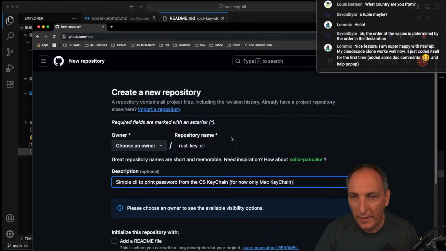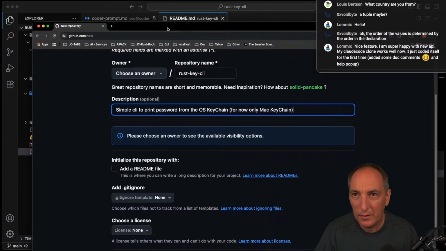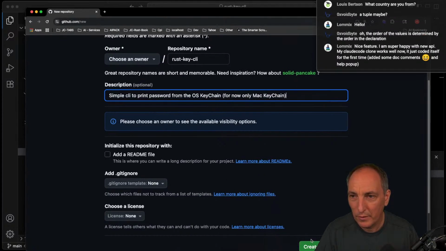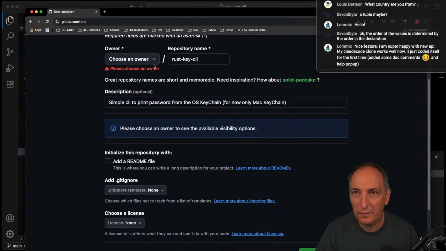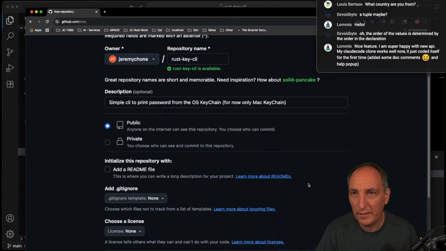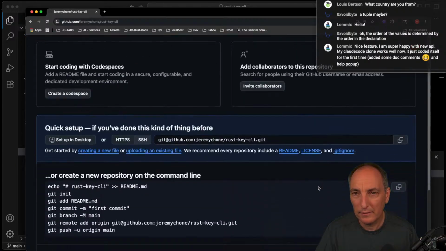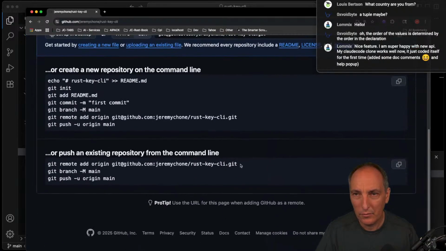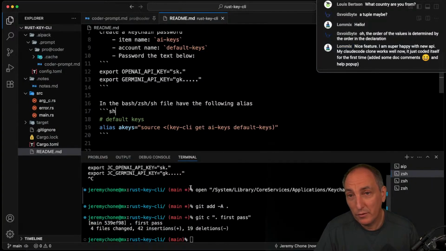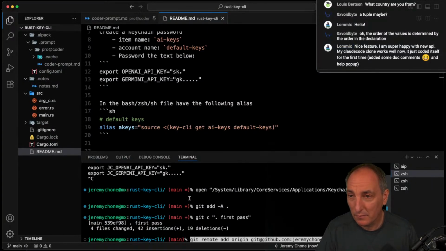Okay. And then I'm going to do create repository. Oh, choose another, I have way too many. Create. And then I'm going to go there. And I like to have the Rust prefix all the time. I guess 90% of what I do is Rust, so this is a little bit redundant, but